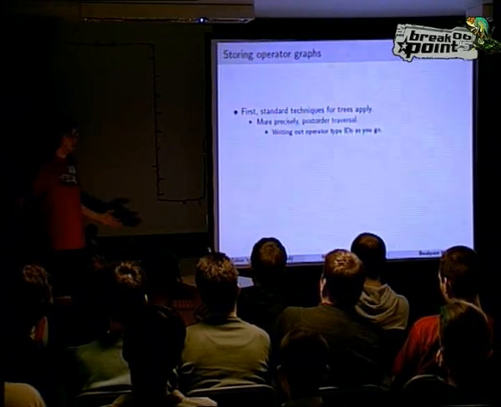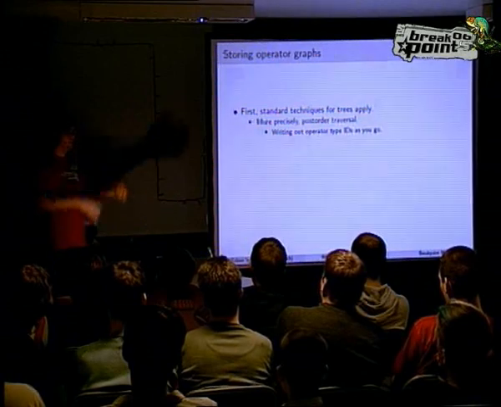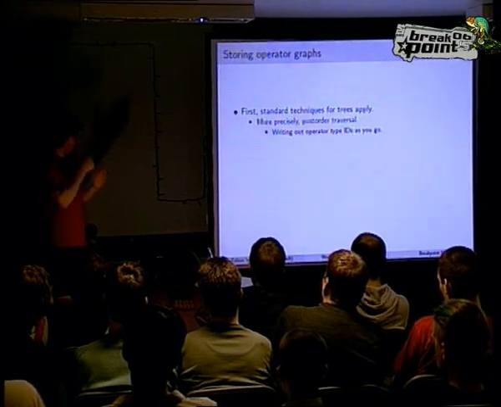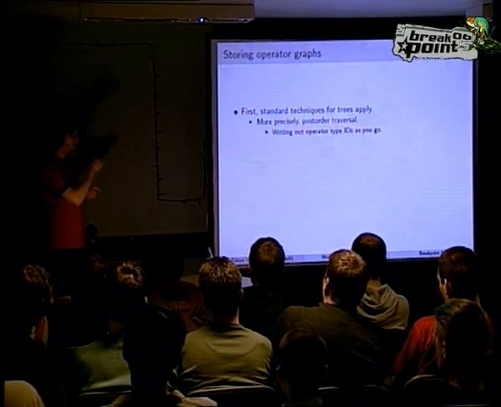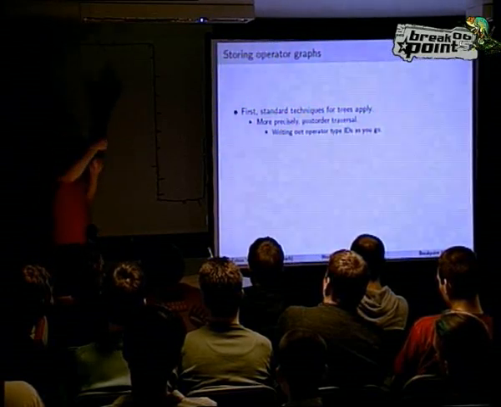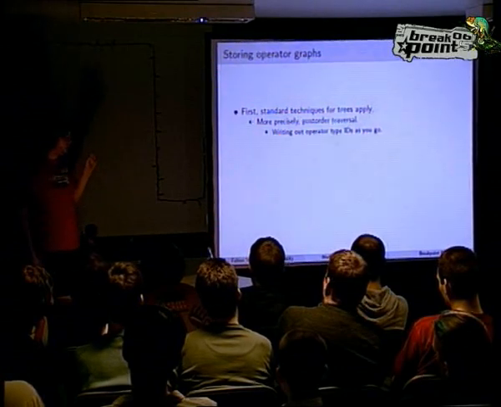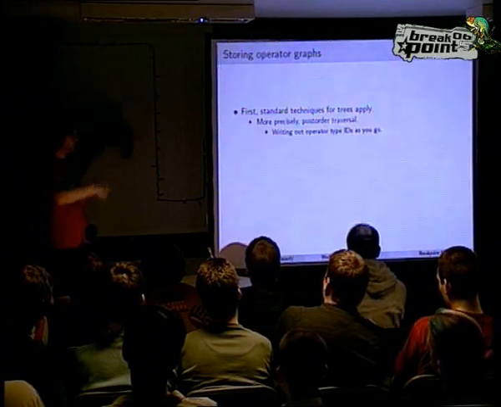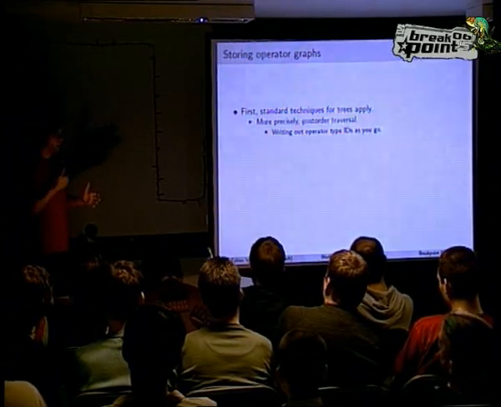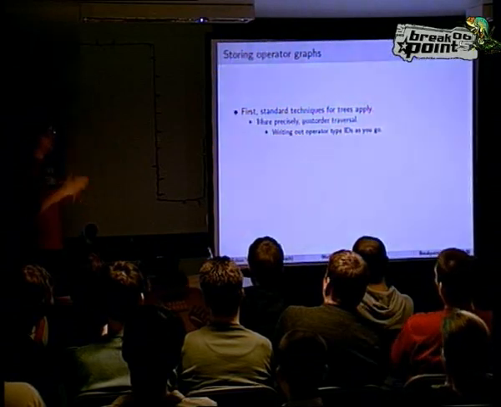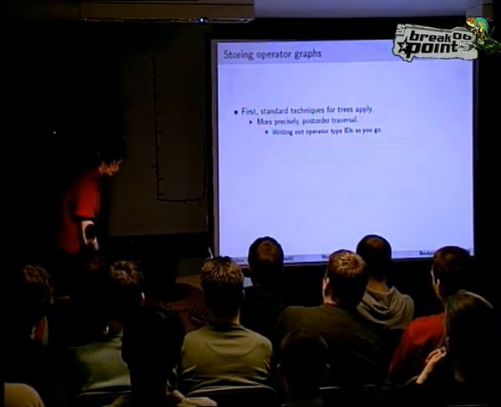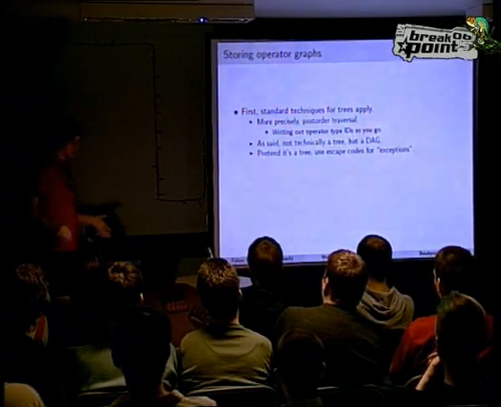When you have a tree, you can do something called post-order traversal, which basically means you just recurse down into the tree, and at the point where you're out of recursion and returning back, you write which node you're currently on. For example, this is a color correction operation. And when you know how many inputs each operation gets, that's all you need to know. By the way things are stored, you automatically generate everything in the right direction. So you do this post-order traversal and write out operator type IDs that just tell you what kind of operation is happening now, color correction or generate a cube, that kind of thing. You write it out as you go, and that, together with the parameters for the operation, is all the representation you need. It's not technically a tree, but a DAG, so you can have this